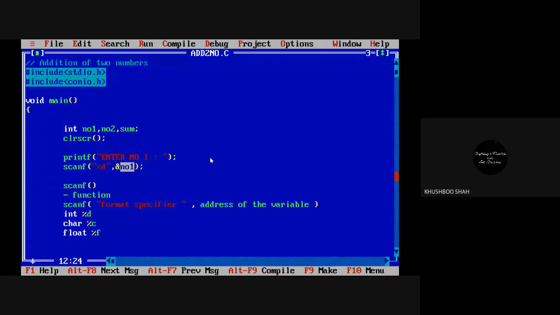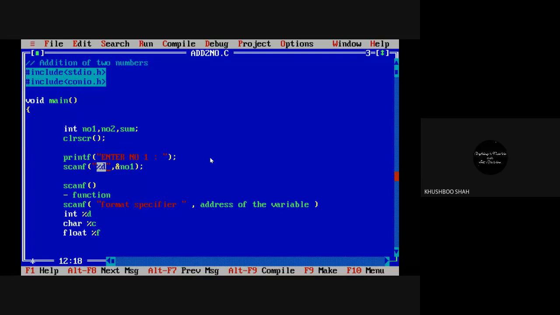Now you know the concept of a variable, right? The memory location. And to indicate the address, we use the ampersand sign. The ampersand sign indicates that I have to go to this particular no1 location and store or save this value.